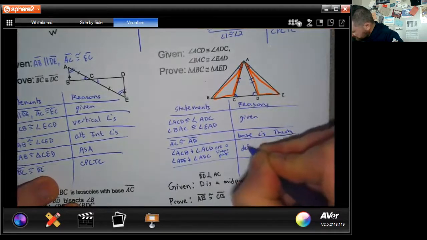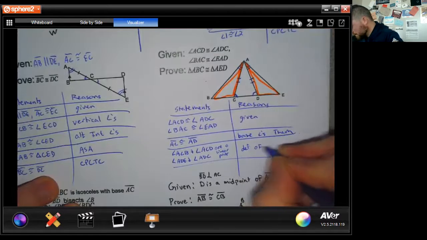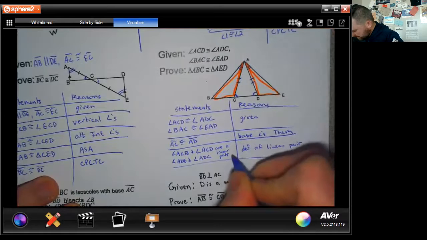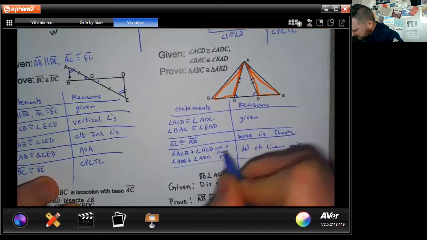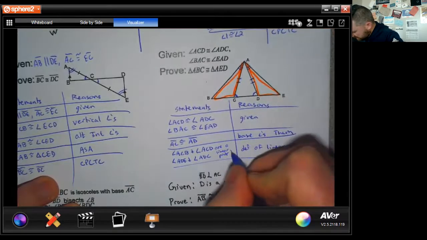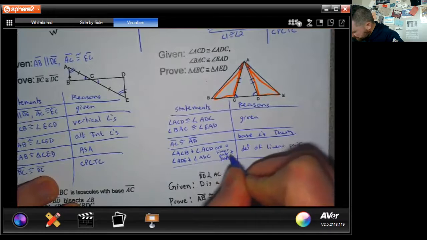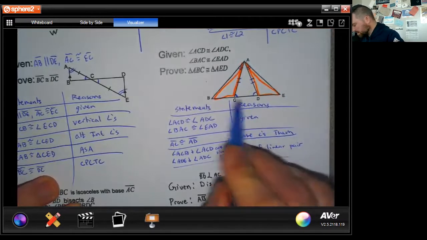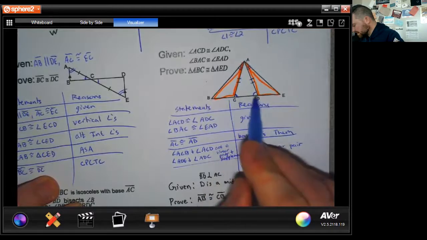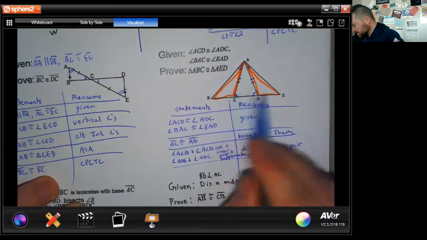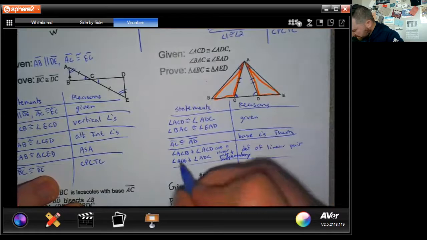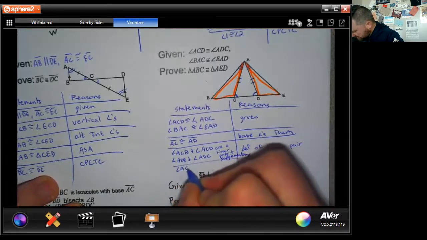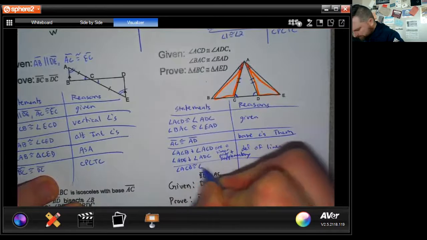Definition of linear pair. And I'll just put in here also, because they're a linear pair, they're supplementary. Okay, so this angle, because these two are equal, these two are supplementary to those two, so they're also equal. And I'm kind of running out of room here, but angle ACB is congruent to angle